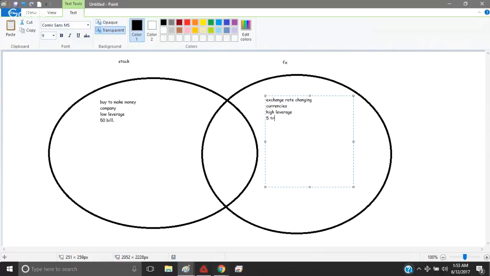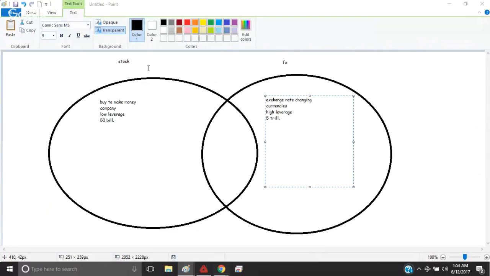About, on a rough estimate, about 5 trillion through the markets a day. So this is like a teacher's pay compared to NFL football players' pay right here. That's the difference between these two markets. And it's crazy how this one's more popular, or I'm not gonna say more popular, it's more well known